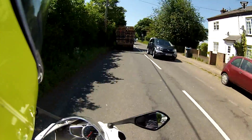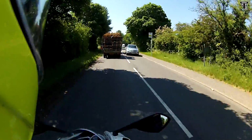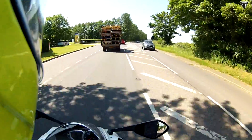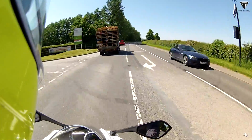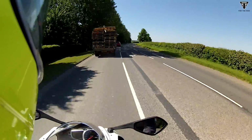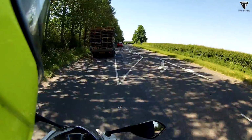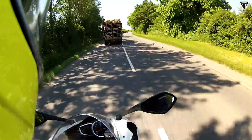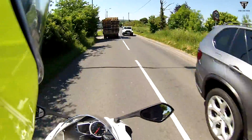The engine is absolutely smooth and very predictable. Throttle is easy to judge. You can be a cack-handed individual with the throttle if you want to be, but I'd definitely urge smoothness is the way forward. The one thing I don't like is that